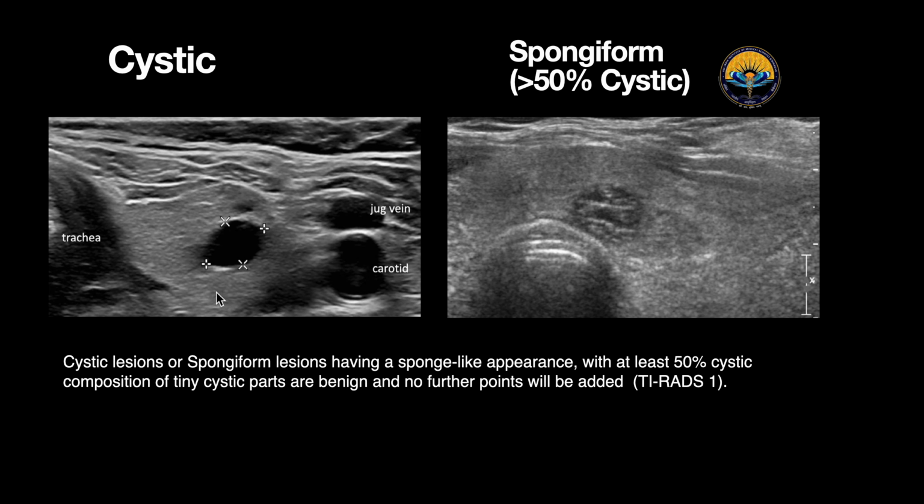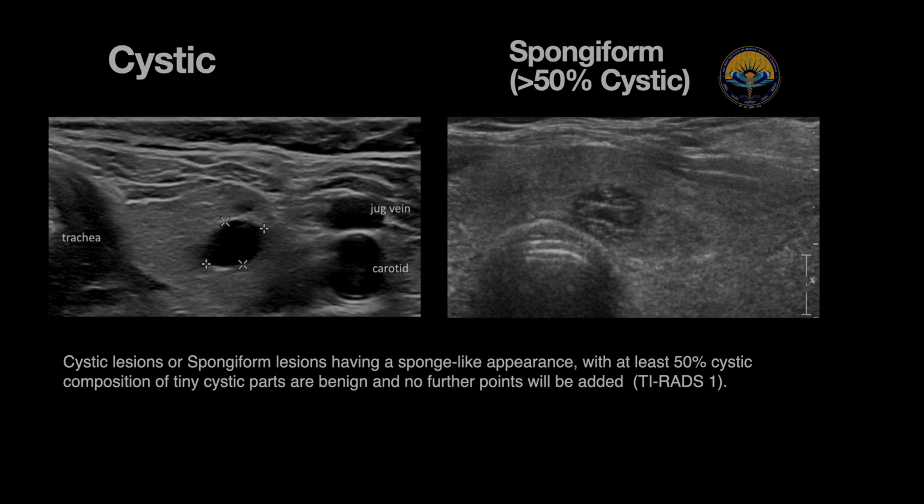Coming to the images, this was a cystic lesion, as we saw in the left lobe of the thyroid in this patient also. If it's a cystic lesion, it's benign and we don't need to characterize it. So for the left lobe lesions which we saw in the patient, we did not classify them because they were benign. Here we can see a spongiform lesion, a sponge-like lesion. It's benign, we give it a score of 0, and it does not need to be followed.